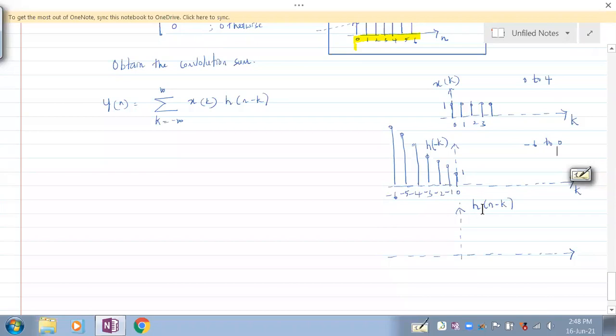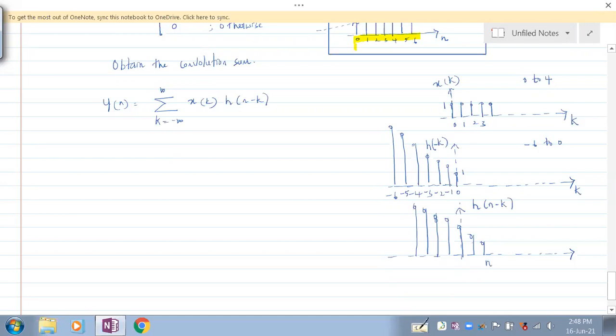Everybody understand that? So when I shift this to the right by n positions, the 0th sample would come and stand at n. I don't know what n is, don't bother what n is. So this is how I do it. I need 7 samples totally, that's it. Find how many samples I got. This is n, this is 1, 2, 3, 4, 5, 6. So 7 samples we need totally.